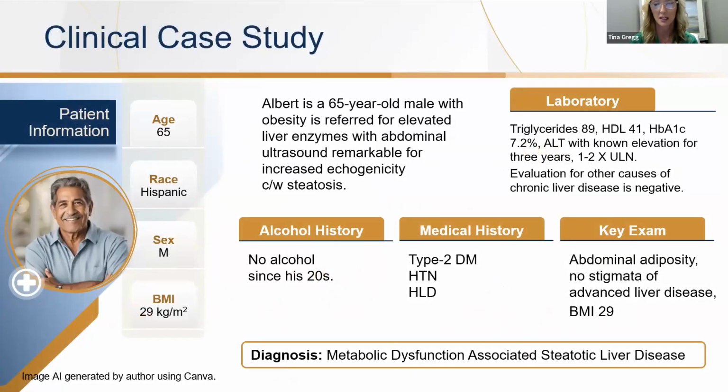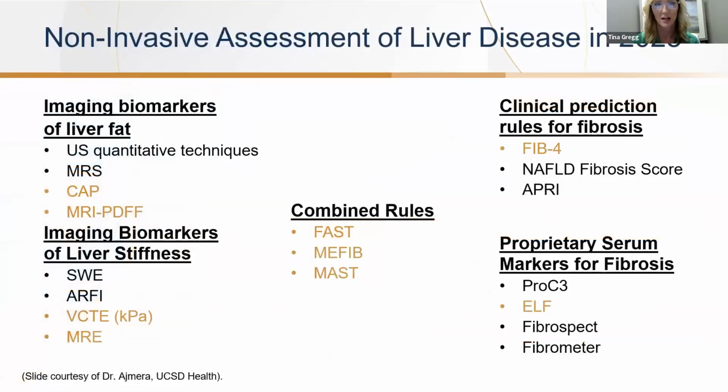Okay, so the next question that we ask after this diagnosis is, does Albert have any significant fibrosis from MASLD? And historically, we would use liver biopsy to make this determination. However, in more recent years, we have a plethora of non-invasive tests that we can use in order to assess these types of patients. So we have imaging biomarkers to assess the liver fat on the left and also the